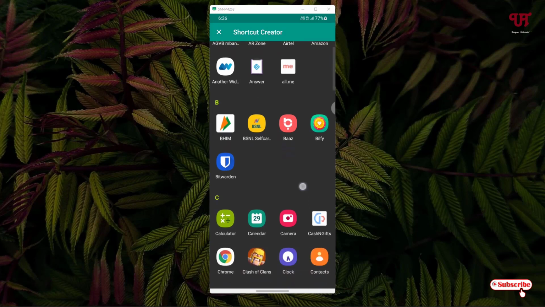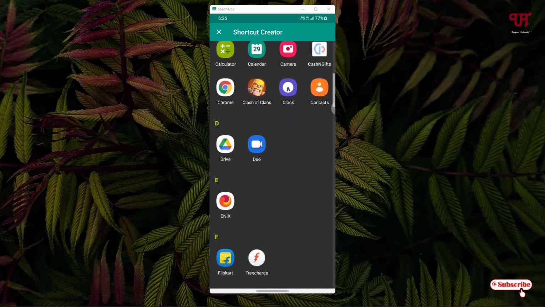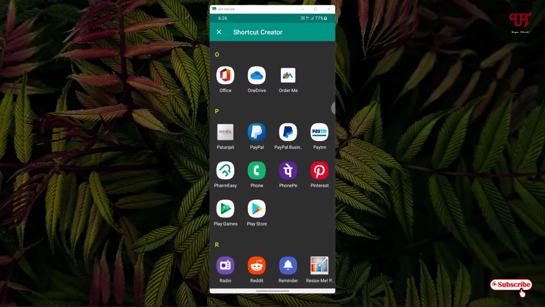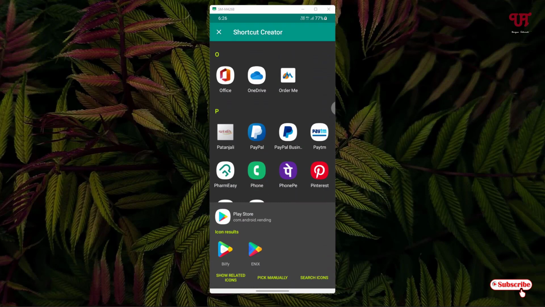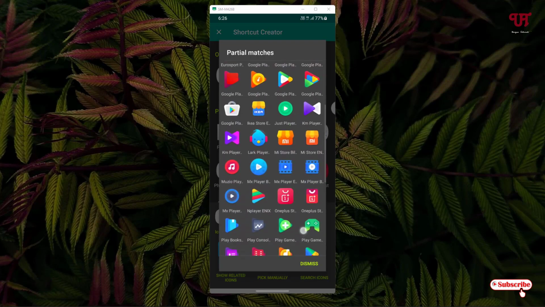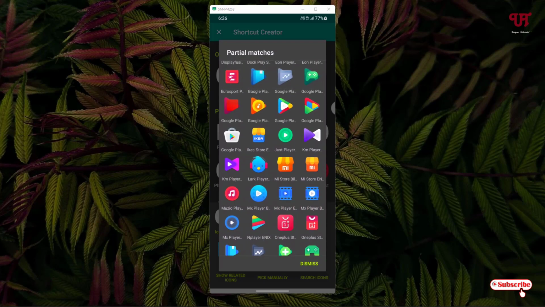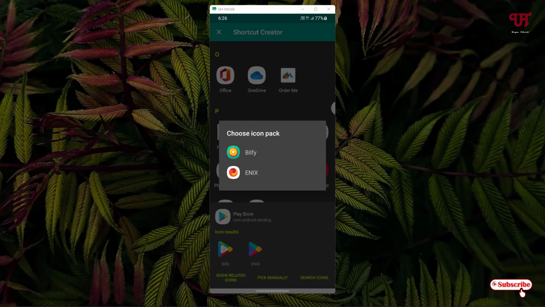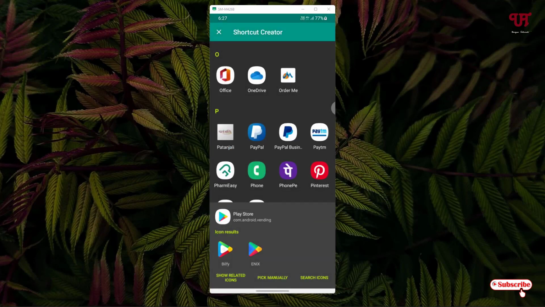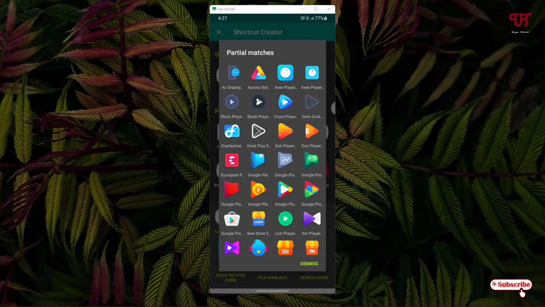So let me create one icon, say for the Play Store. Say I want to add a Play Store custom icon, right? So I'll just tap on it, and now it will show you my icon packs available. If you don't have icon packs, you can click on pick manually, or show related icons. If you click on show related icons, it will display all the related icons. From there you can directly select your icons, or you can pick manually and select the respective icon packs if you have installed different icon packs from the Play Store or any other outside source. Here I will just tap on show related icons,